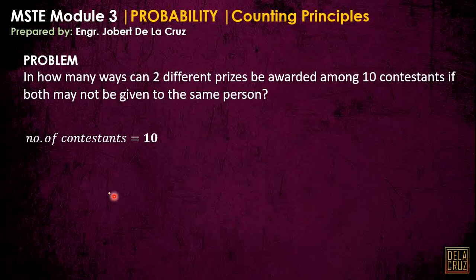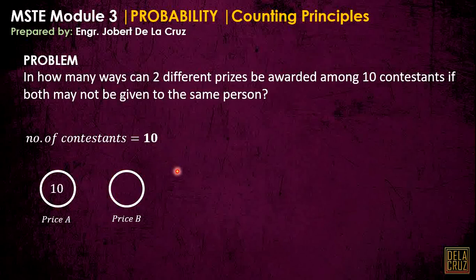Okay, for the sample space here, that should be the prizes. Let's say that is prize A and this is prize B. Okay, take note, they are different prizes. Now, for prize A, isa lang dapat yung mananalo dito. Okay, so out of 10, the number of choices here na may mananalo sa prize A is of course 10